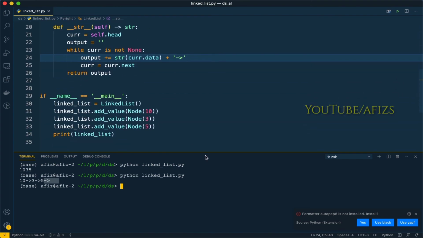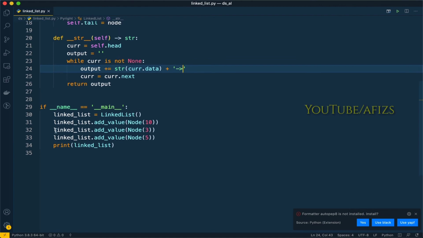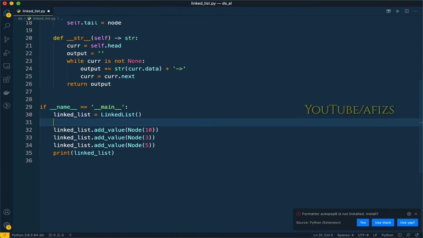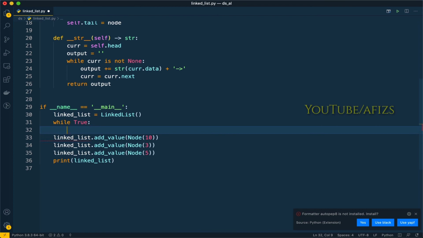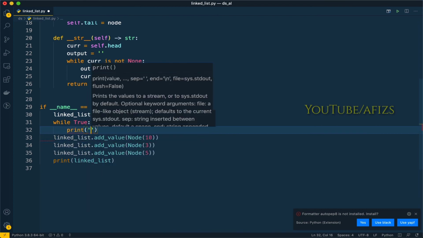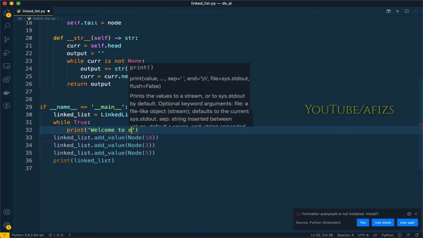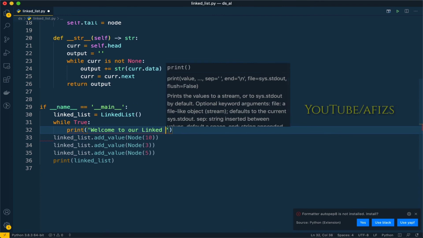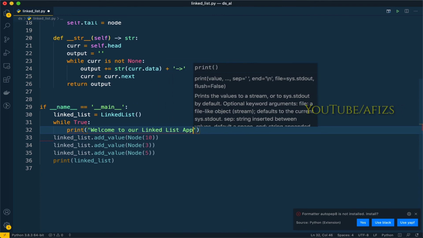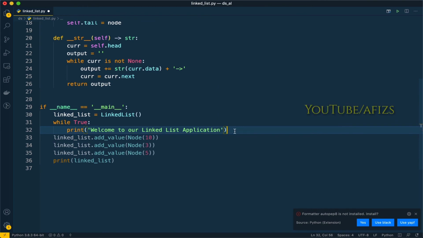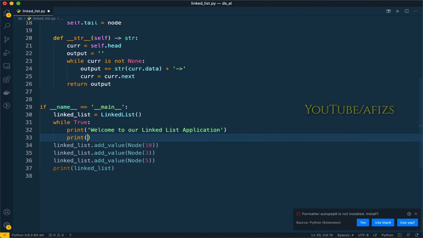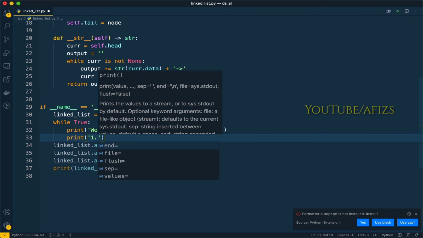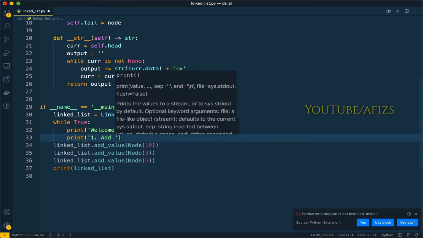Okay, so in case we want to improve the execution of this program, maybe if you want to add a menu, we can do that as well. So let's do that. While true I will take, and we can have something like this: Welcome to our linked list application, and here the first choice we will have is add element.